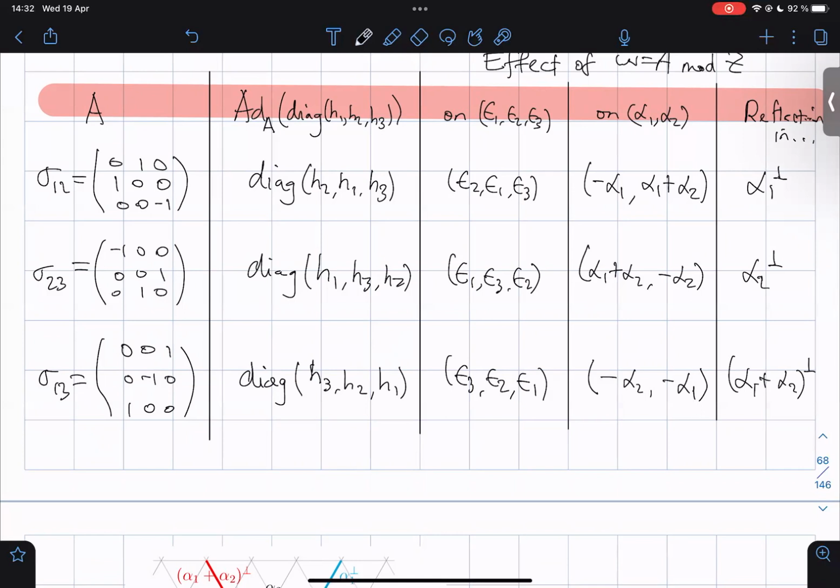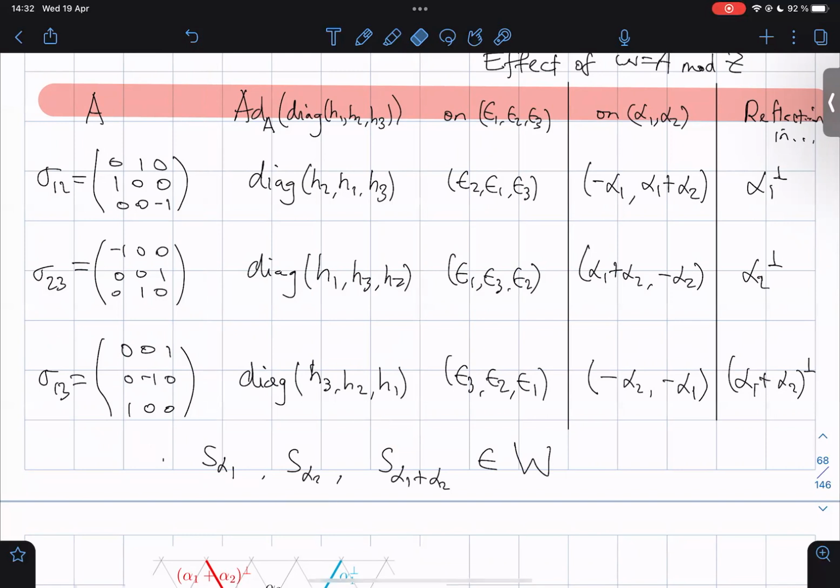Okay, so what's the conclusion from this table is that these reflections, so this reflection in alpha 1 perp, that's called S alpha 1. Okay, so that transformation, this transformation, and this transformation, these are all elements of this W. So you have these reflections sitting inside there, and so therefore the subgroup,